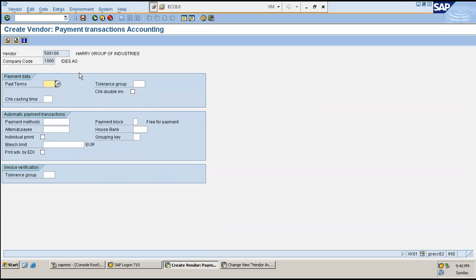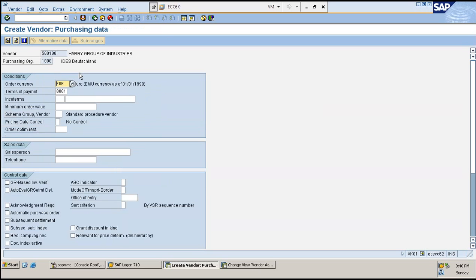Everything got copied across. Now see this. This is a required field, correct? You see this? It's a required field. So now in encode terms, there should be some value. Let me give some value, 001.